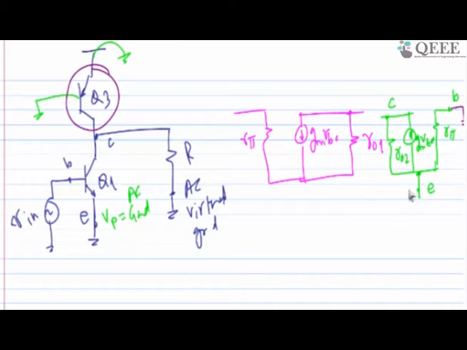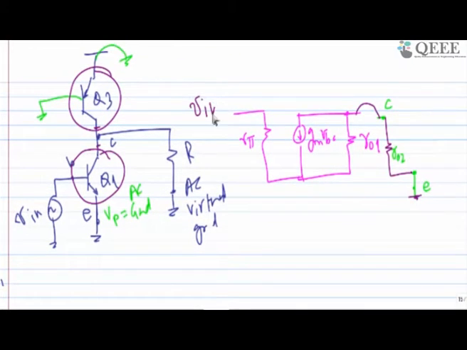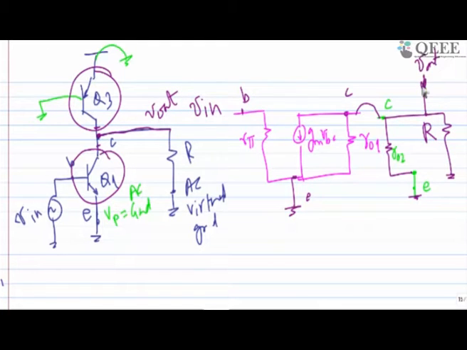Concentrating on the Q1 side, the base is connected to Vin. This is base. This is collector. At the emitter, it's virtual ground. Emitter is AC virtual ground. And where both the collectors are shorted to each other, there is one more branch, resistance to ground, and this potential we are going to call Vout. This is Vout. I'm interested in finding out Vout. So this is the effective small signal model of what we have drawn on this side.